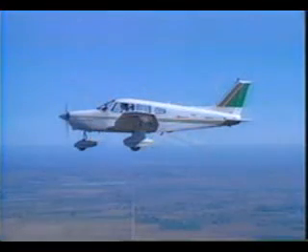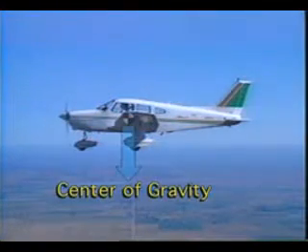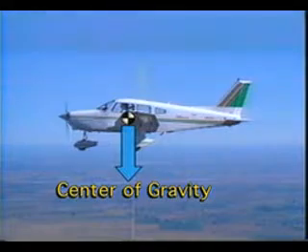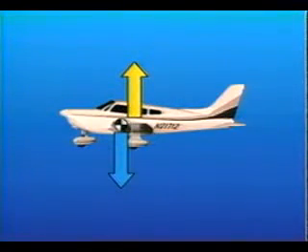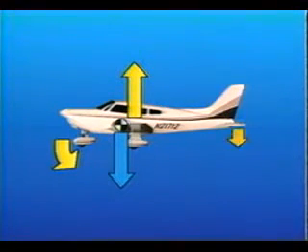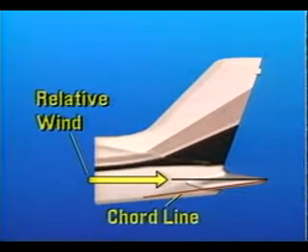Longitudinal stability is normally obtained by locating the center of gravity ahead of the center of pressure, which is the point along the wing chord where lift is concentrated. This creates a slight nose-heavy condition. To balance this condition, a tail-down or nose-up force is created by installing the horizontal stabilizer with a slightly negative